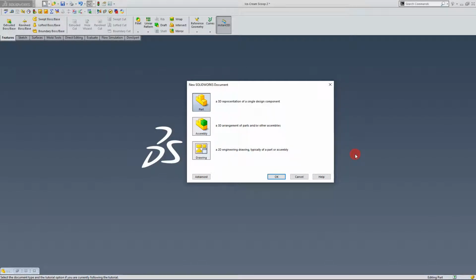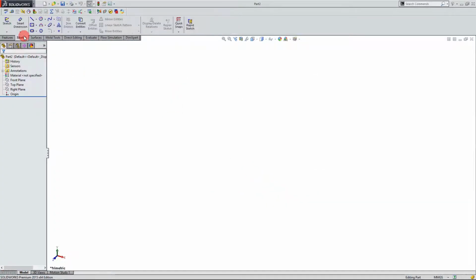Hi, in this tutorial we're going to be going over some of the advanced surfacing features that Solidworks has to offer. And for this example we're going to be creating an ice cream scooper. So I'm going to create a new part, of course, and I'm going to create a sketch on the right plane,